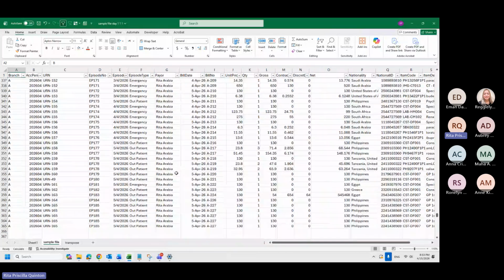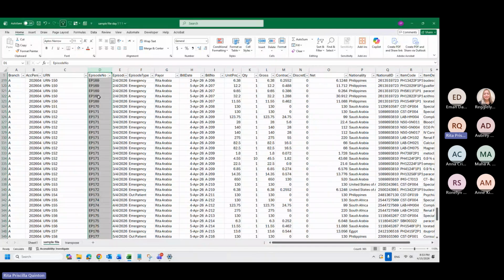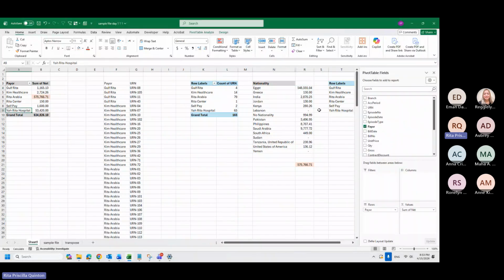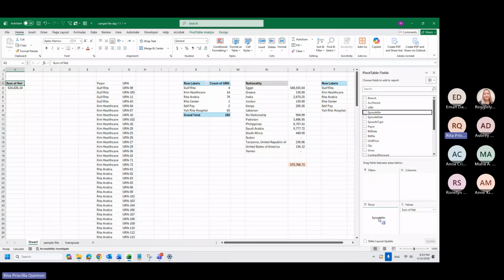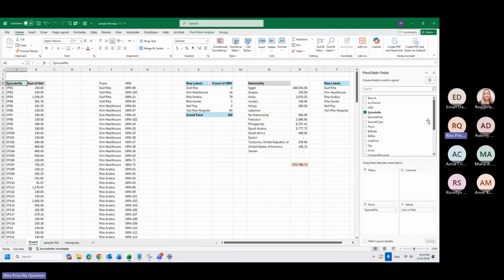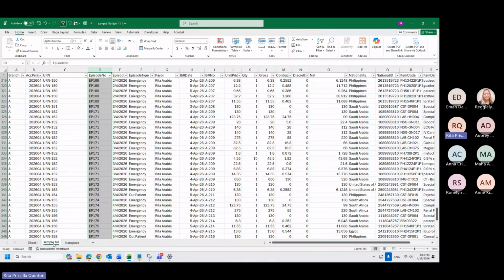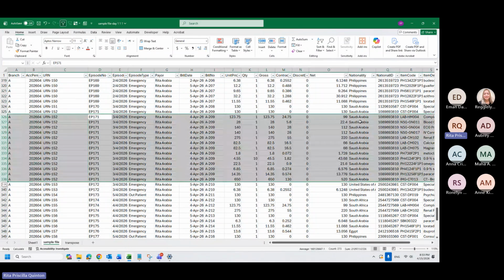If you want to know how much for each episode, you can also do it even simply on the pivot table. I want to know how much for each episode. I can simply put rows episode number. Then see here, for example, 152. Sorry, episode 171. I have many lines here.